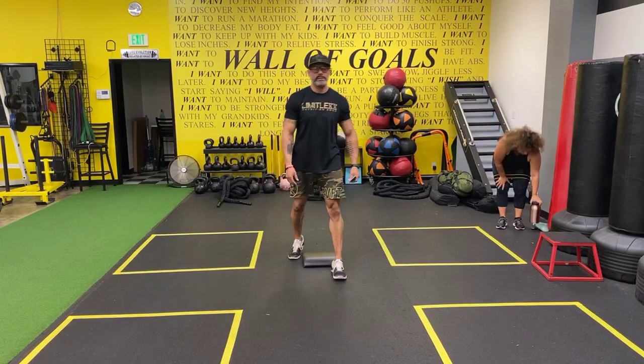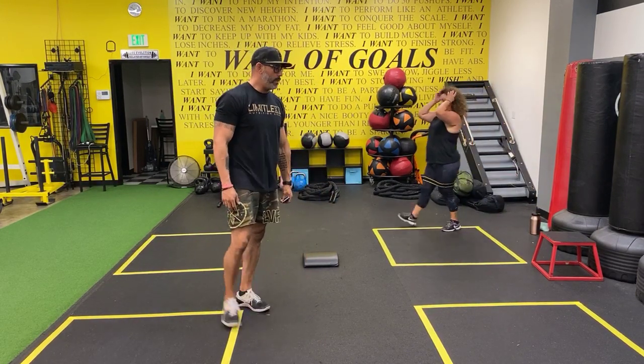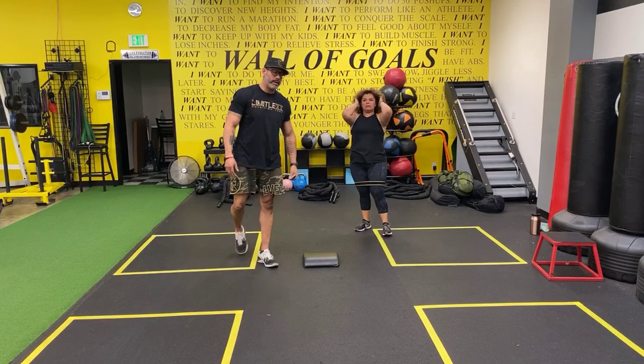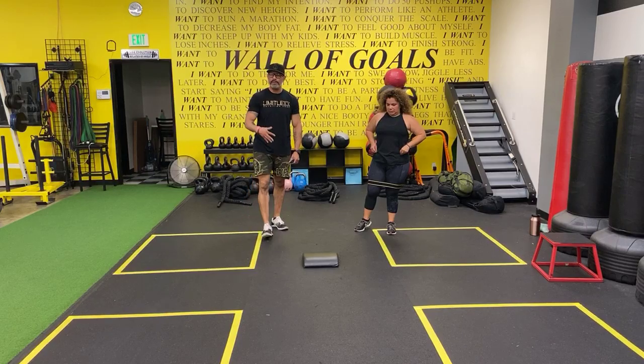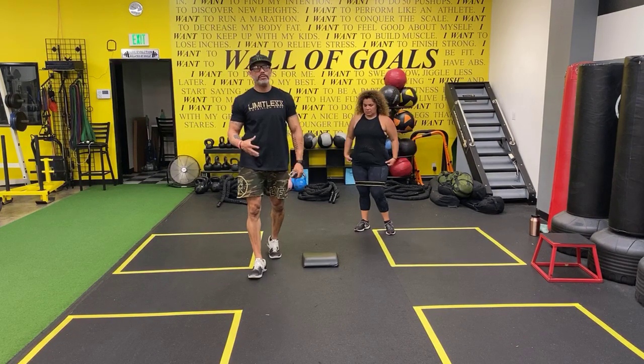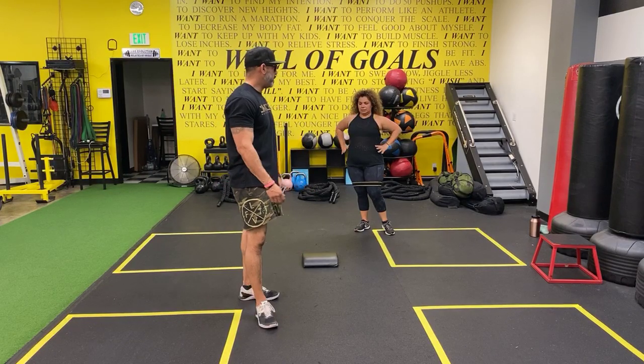Okay, so now we're going to do some exercises with the band, but on our hands and knees. And we're going to go through a circuit of those. You can do some of these standing also, and we can talk about those as well. But I like doing them when you're on your hands and knees because it gives you more balance. It really allows you to focus on the leg that you are having to work. So, that being said,